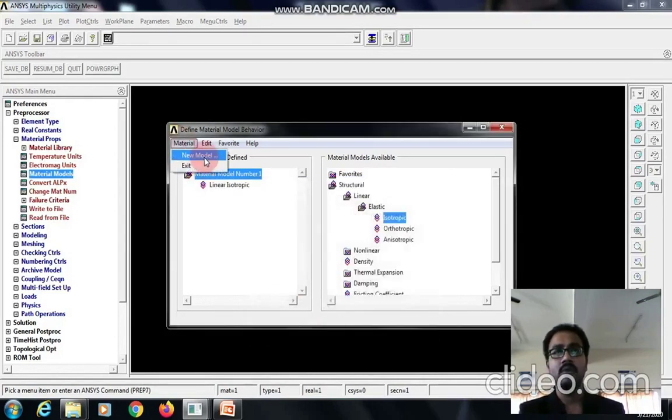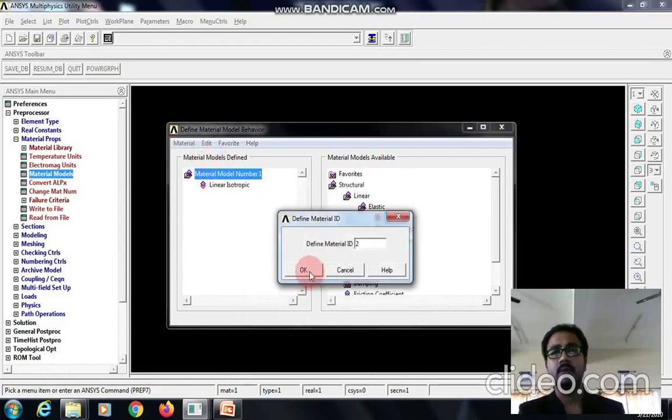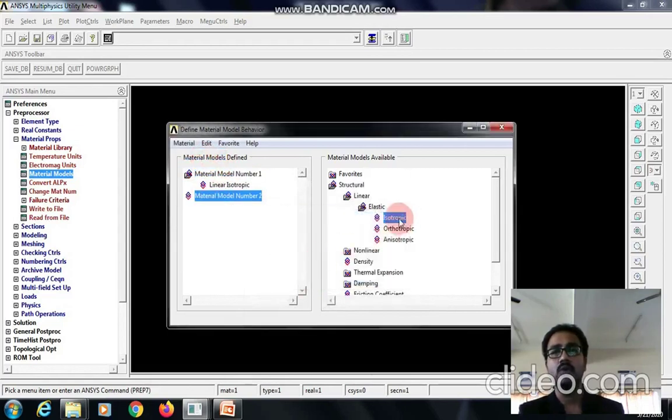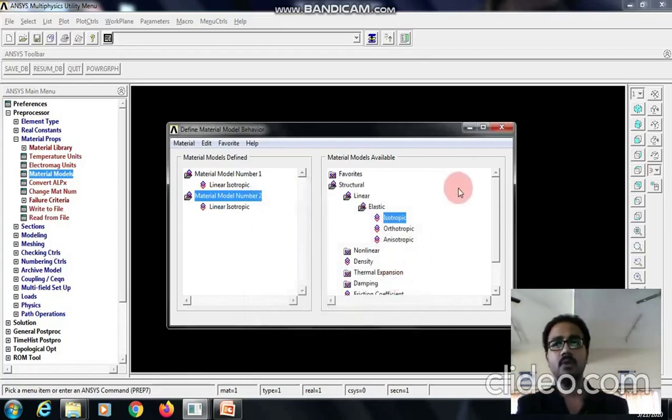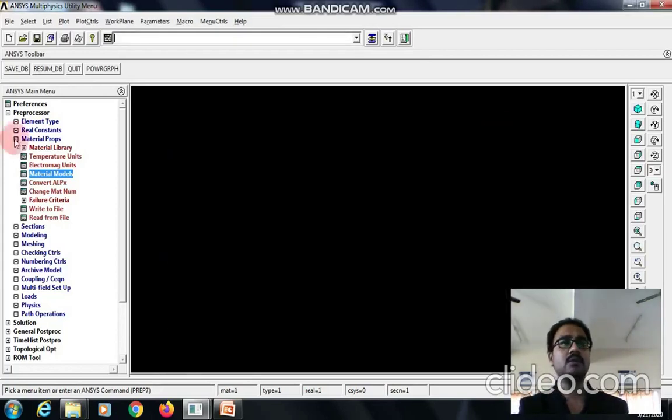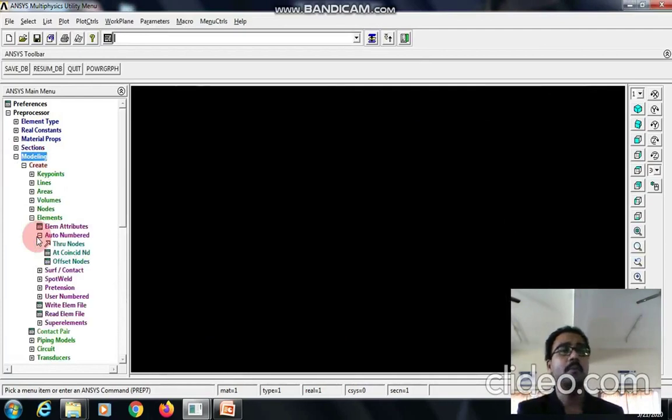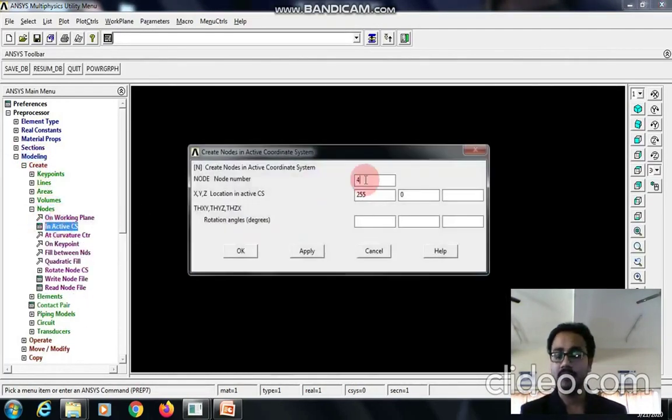Now go to the second material, define Material ID 2, and the value is 210 e power 3, and Poisson's ratio is 0.32. Give OK.